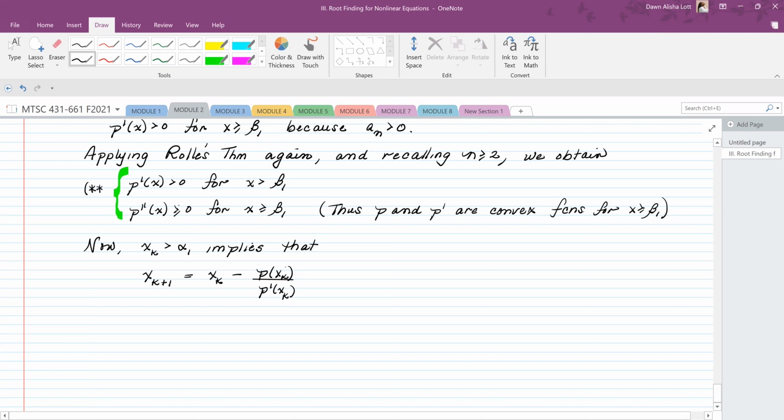Well, both of these are positive. Remember, both of these are positive. So therefore, that number is less than x_k,